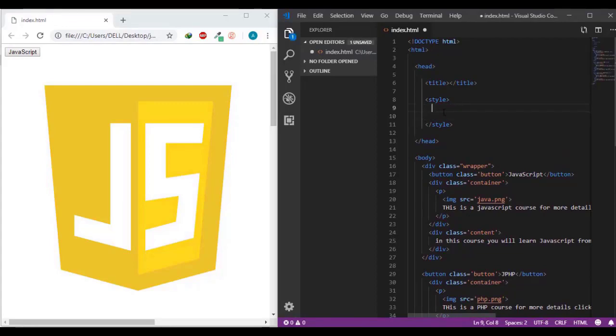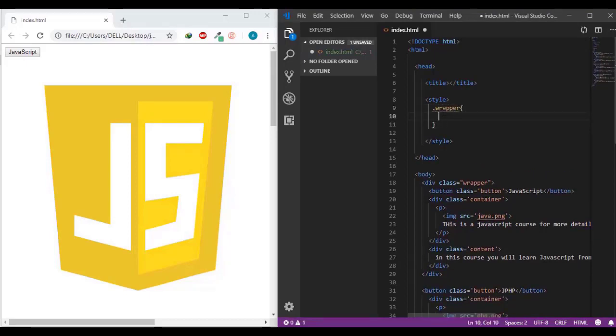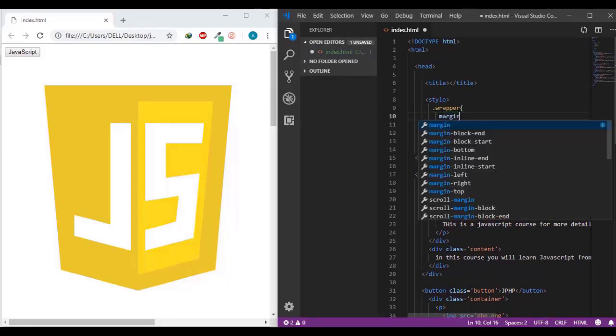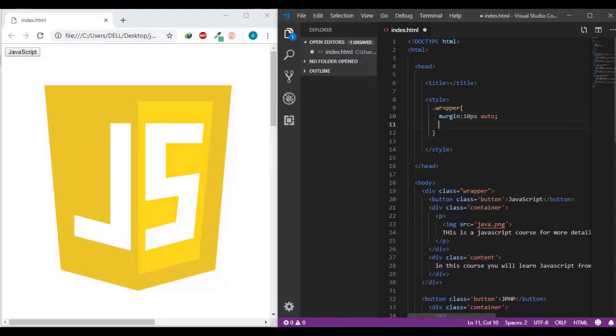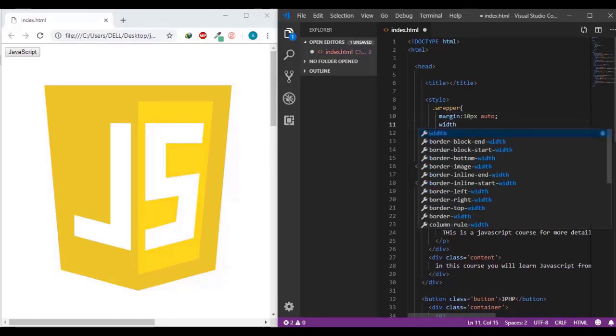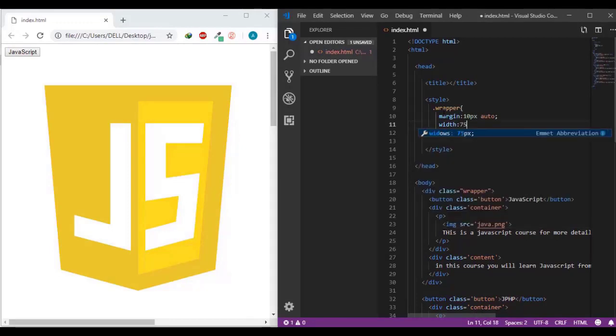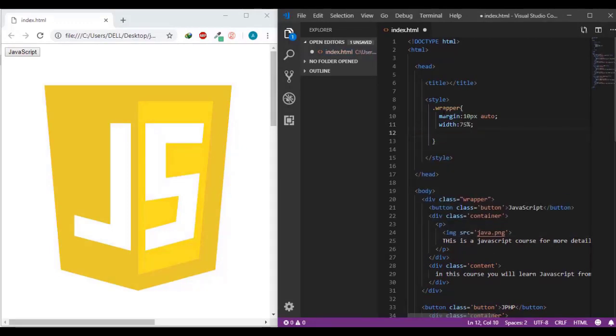So let me start with the wrap division. So that wrapper. Feel free to add your own style. So I will make margin 10 pixels from top and bottom, and auto to be in the center of the page from right and left. Then to change the width to be 75%, and then make a background